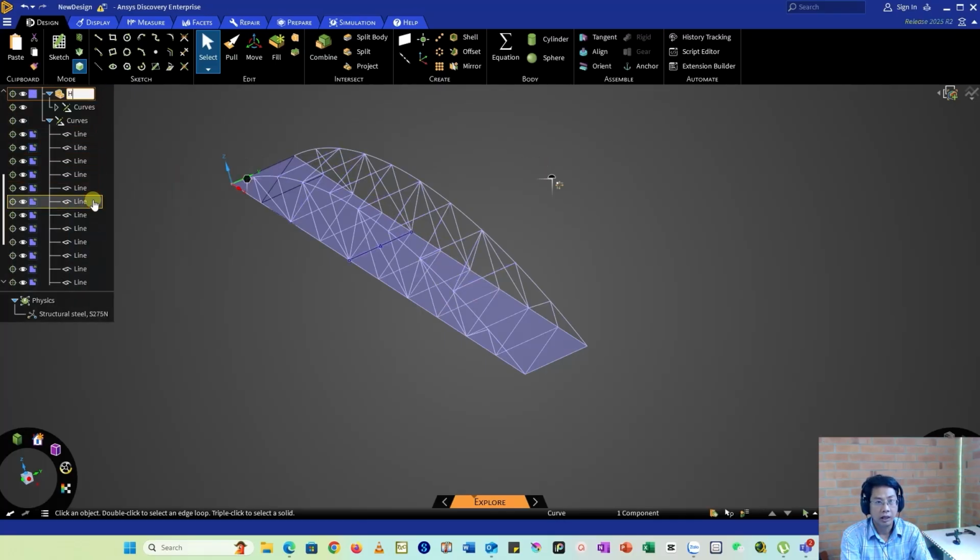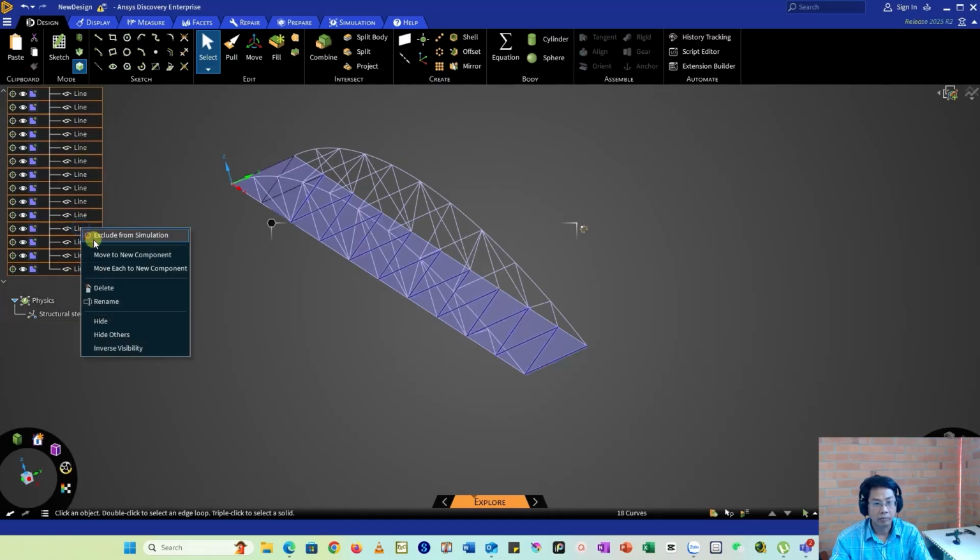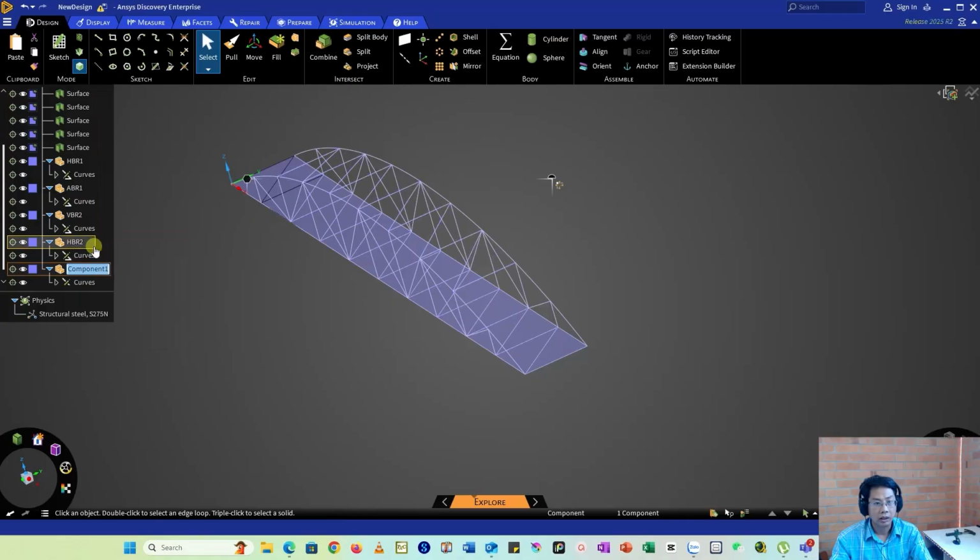I name it horizontal beam rectangular, maybe, and how many do I have already? 2, and this will be the third one. Okay, now for this line, I move it to a new component as well, and I name it horizontal beam rectangular 3. Okay,